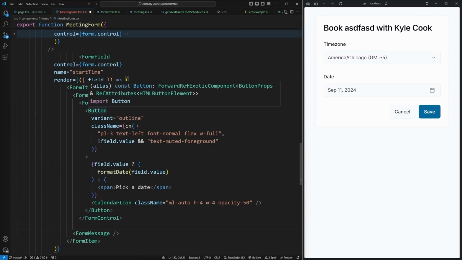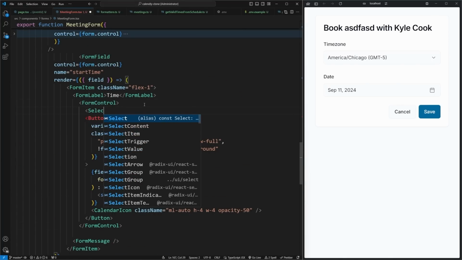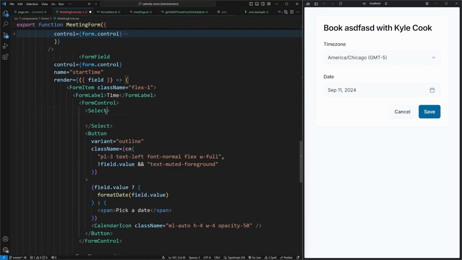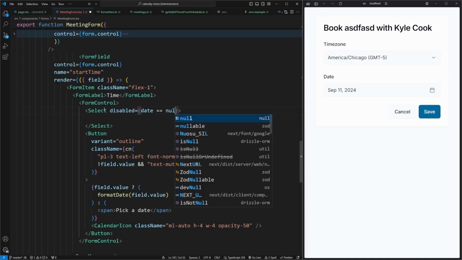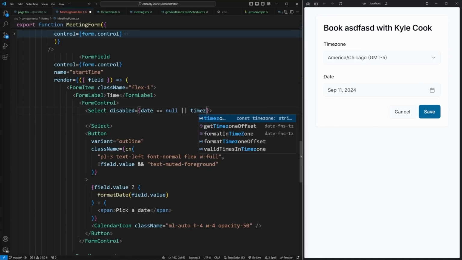So now instead of our form control, we're going to be using a select because I just want to be able to select all the different possible times that I can use. So coming here with that, first of all, I want this to be disabled if my date is equal to null or my time zone